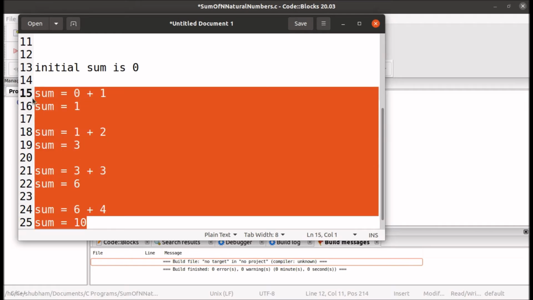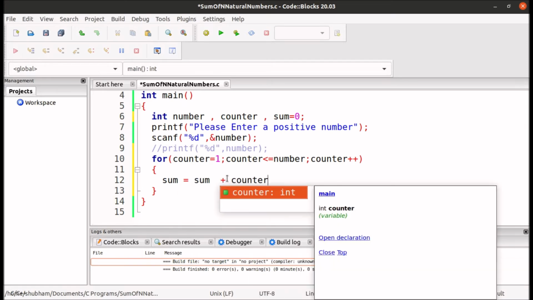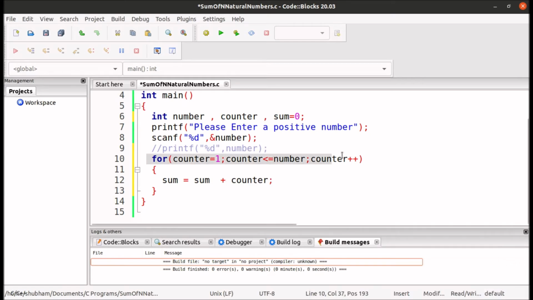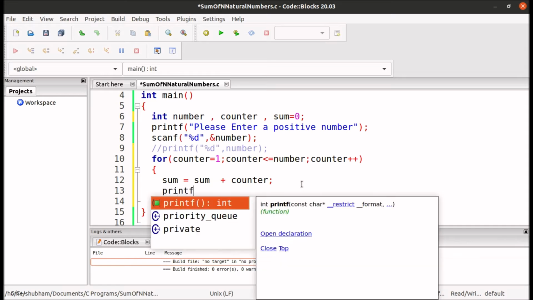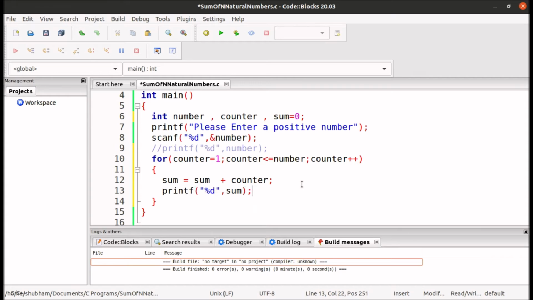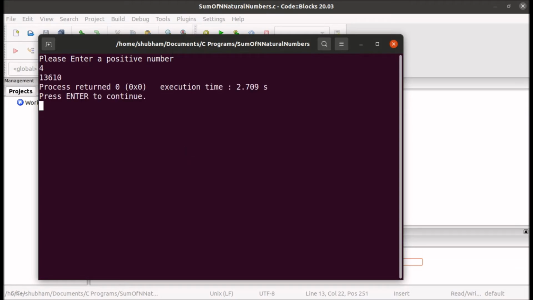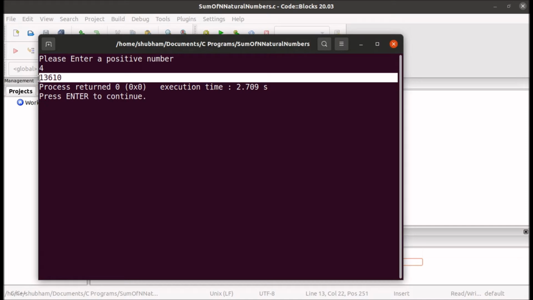Now let's write this logic in the form of code. So sum is initial value of sum plus the current value of counter, which will keep on changing using this for loop. Now let's print the value of sum at each value of counter. So printf %d, and we will print sum. Let's run our code. Enter a positive number. We have entered 4, and the sum is printed, but it's not in the proper format,